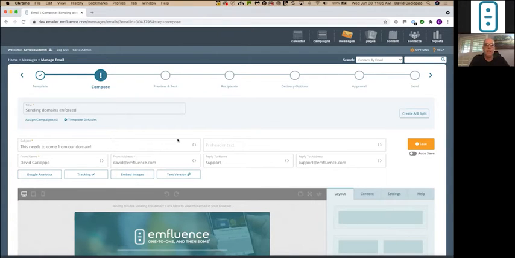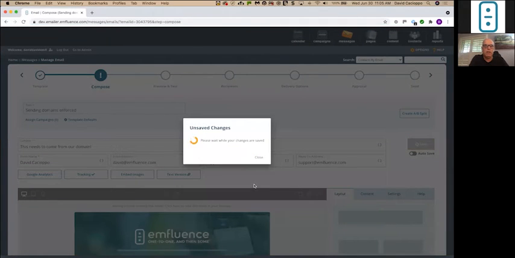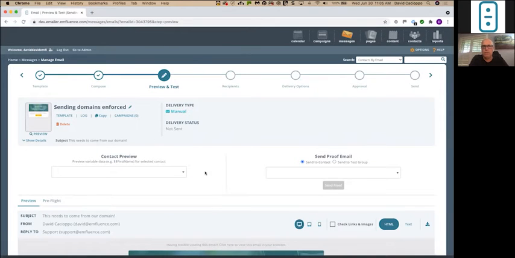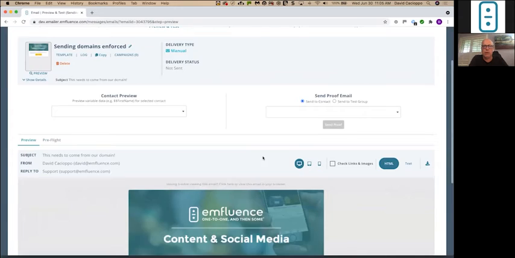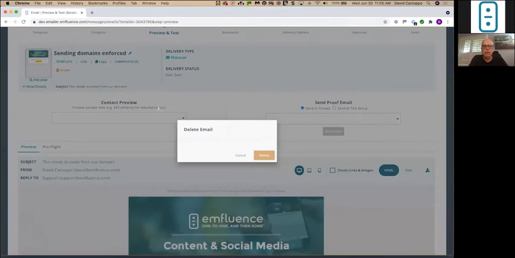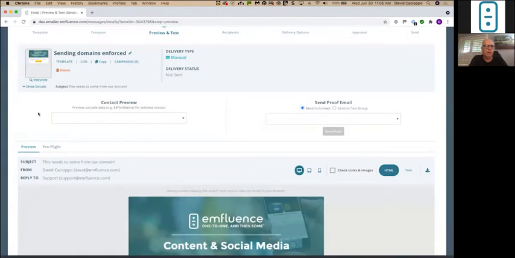The next thing was someone asked about deleting a draft from within the compose process. As I got to the preview test step here, someone found themselves in situations multiple times where they were composing their message and thought, no, I just want to start all over with this. There is now a handy delete button with a nice warning that says, are you sure you want to delete this email? So again, a really small tweak for us at the request of a customer, possibly a couple of customers, an easy add and a little bit more convenient for you.